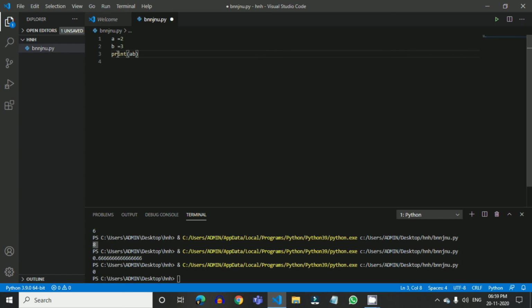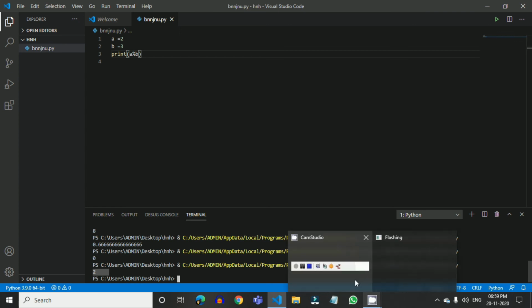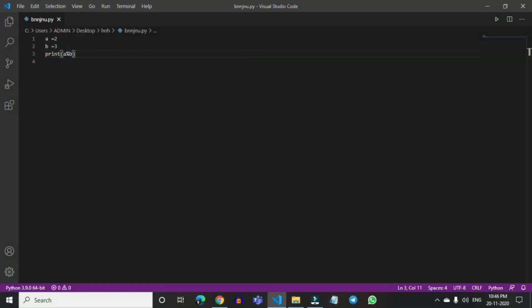Now the slash which we use for division does not give us an answer in integer, it gives the answer in float value. So you're going to get an answer in decimal. If you want to get an answer in integer form, then what you're going to do is add a double slash. So the code is going to be a double slash b. Then you can take this value from Python.